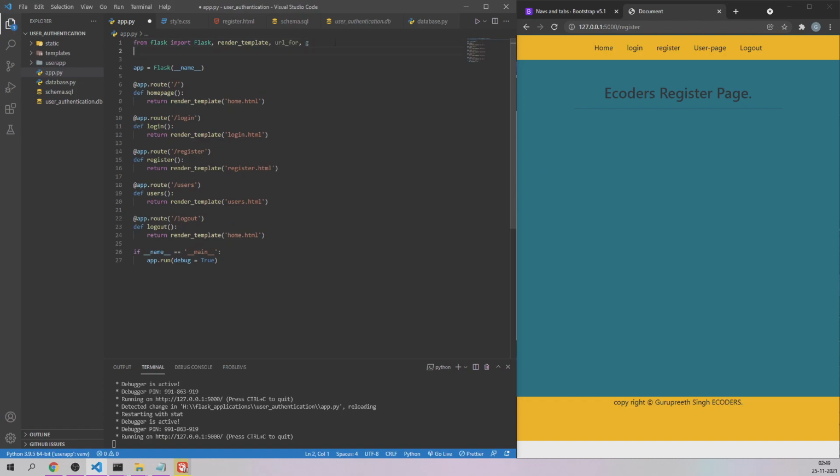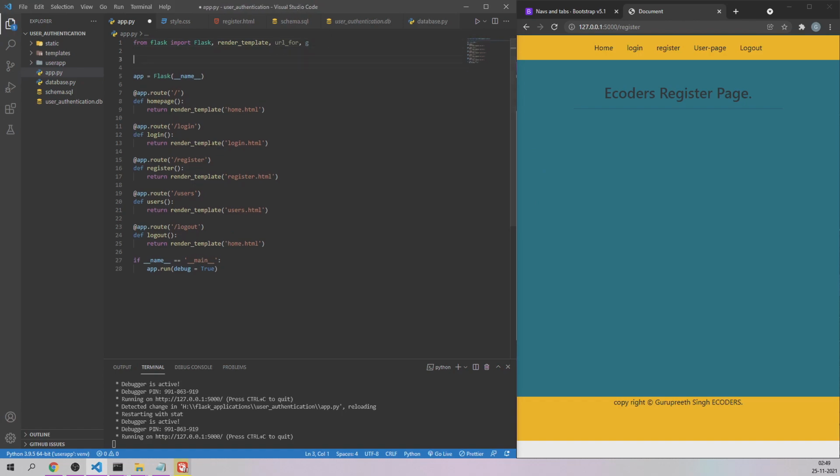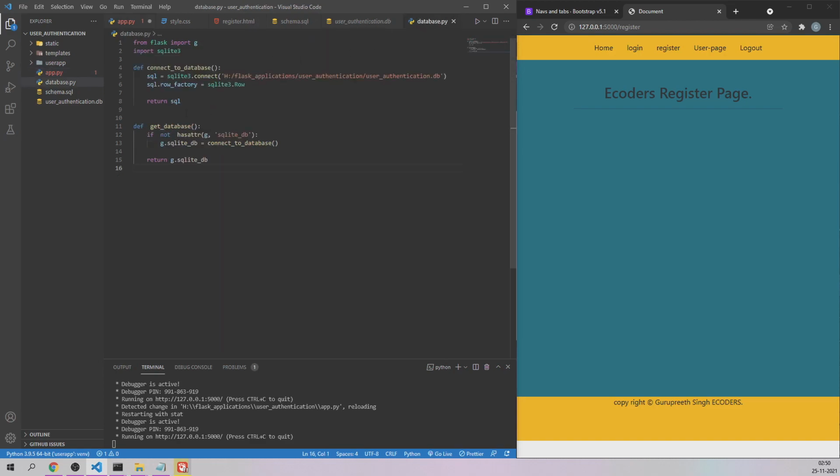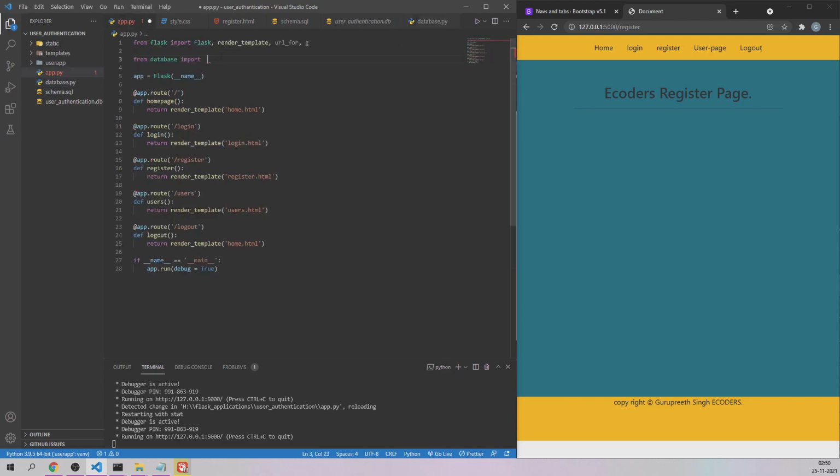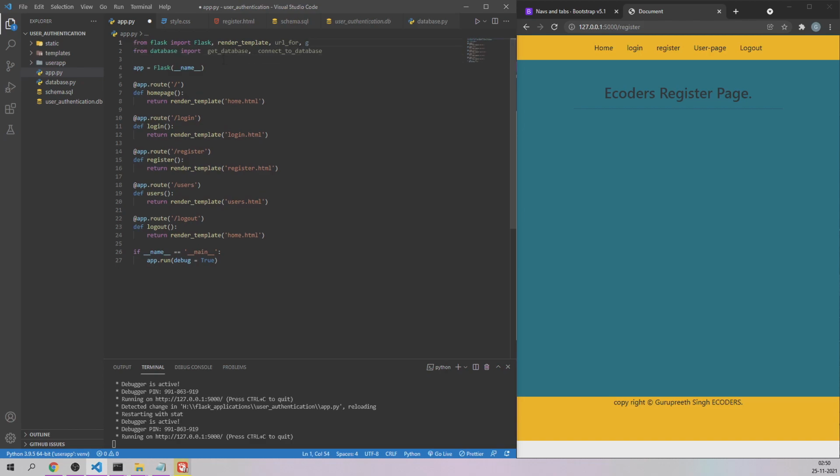We have created a file called database.py, so we'll have to say from database, that is the file name, import two functions: one is get_database and another one is connect_to_database. So both the functions are now imported in the app.py file. Let's save it.